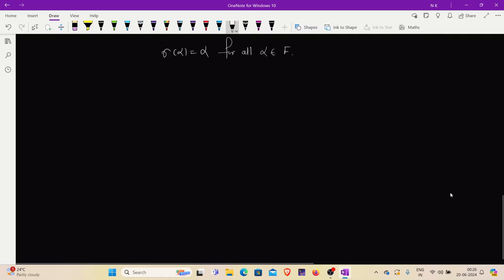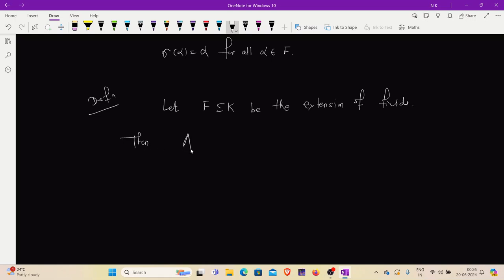Now let's jump to the next idea, that is, what are automorphisms of a field over its subfield. So for that, let me take an extension. Let F contained in K be an extension of fields. Then Aut of K over F is nothing but the automorphisms of K which fix F, defined as